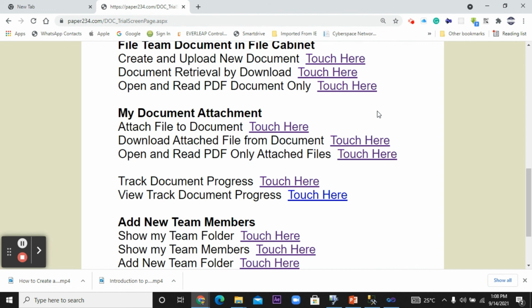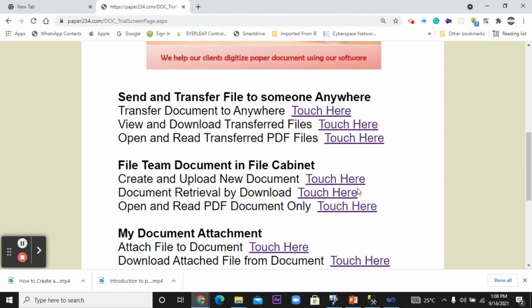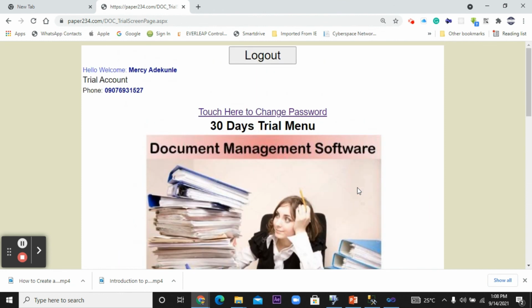And if you send that file in an email to 50 people and it is about 10 megabytes, the 50 people are going to download 10 megabytes worth of data, and that will impact on the network of the organization. So one good thing that you will enjoy with this software, it reduces the cost of connectivity.